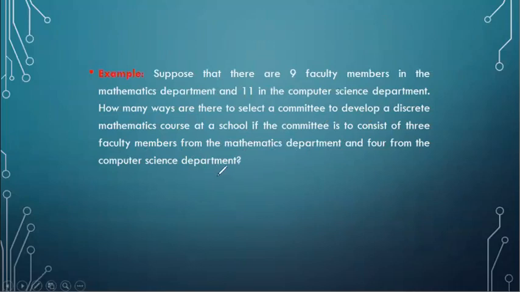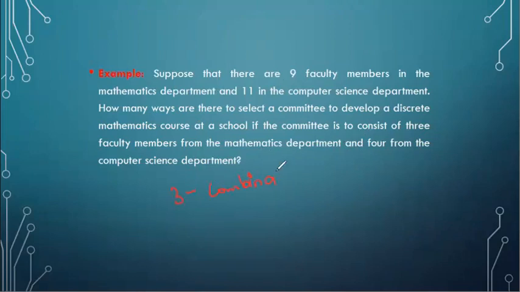If you remember, we have already solved this problem in the first topic of this unit by using the sum and the product rule. We selected 3 faculty members from mathematics and 4 from computer science.